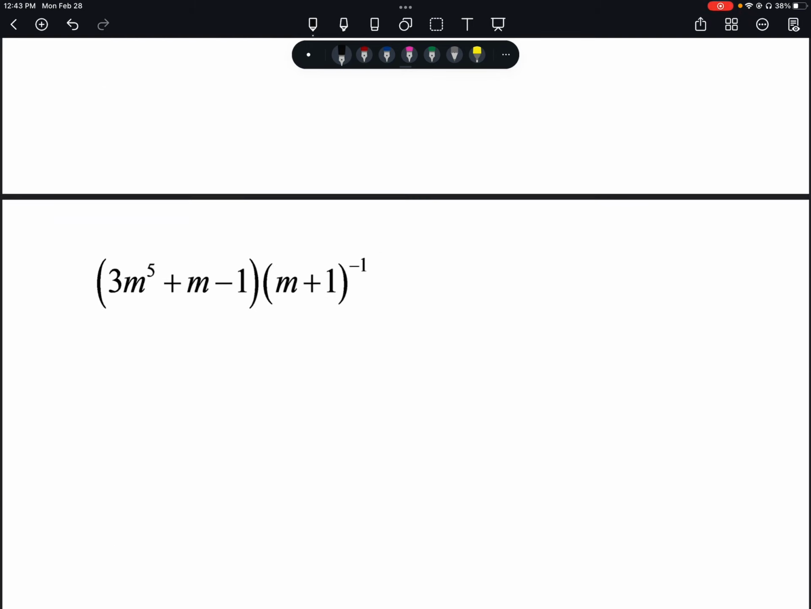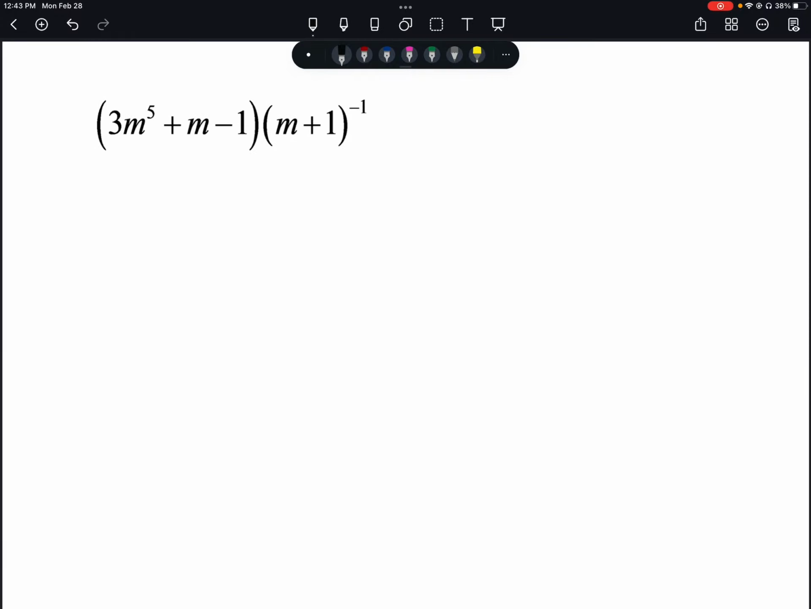All right, moving on. This one, we have 3m to the 5th plus m minus 1, and it's being multiplied times m plus 1 to the negative 1st. Okay, so this one just has a couple things in there to make it look more complicated. Okay, so we're missing some degrees in this first polynomial, right? So we need to take it and think about filling those in. This would be like saying